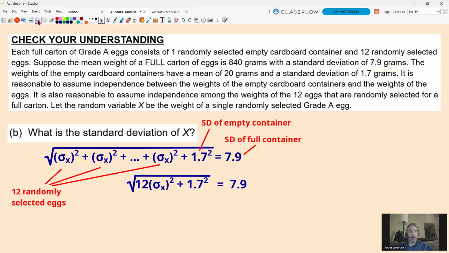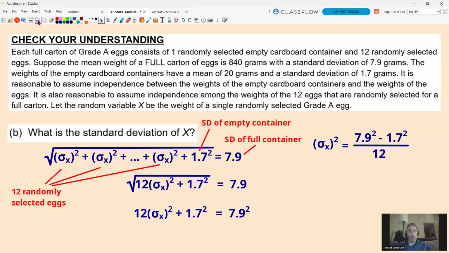So we can simplify that. There's 12 of those individual eggs. So 12 of those standard deviations squared plus 1.7 squared under the square root is equal to 7.9. Now we can solve it, use our equation solving skills. So we want to undo the square root. We're going to square the 7.9. Then we can subtract the 1.7 squared from the 7.9 squared and then divide that by 12 to get the standard